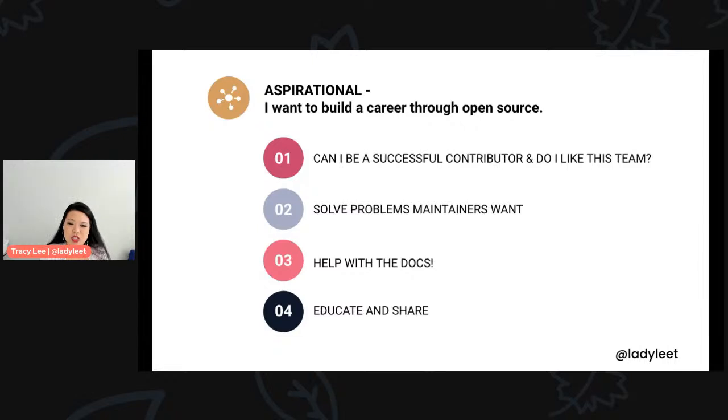The second one is just the same as what I said in the last slide, which is making sure you're solving problems that maintainers want. I think when you're being aspirational and you just want to contribute, you can look at things like good first issue, looking for help within a repo. I have this really awesome series. It's called How to Contribute on